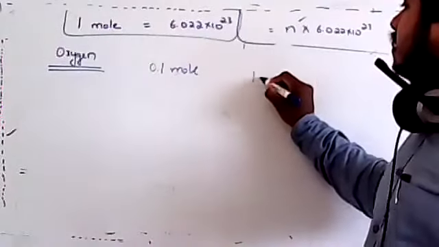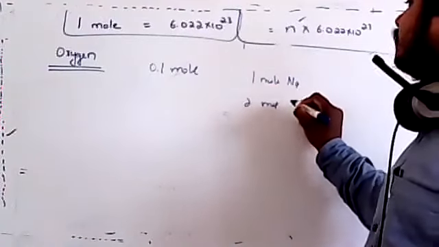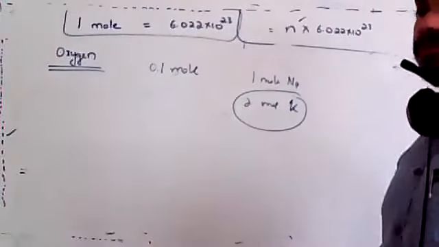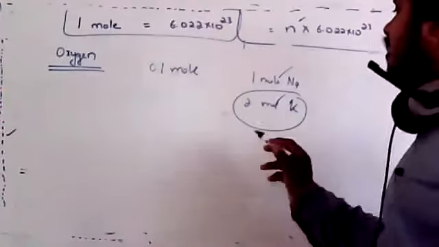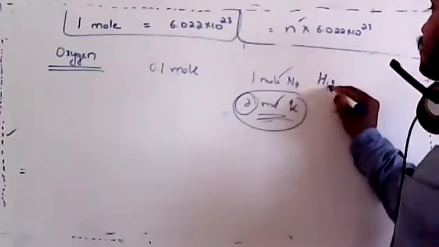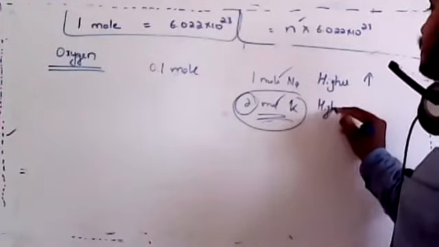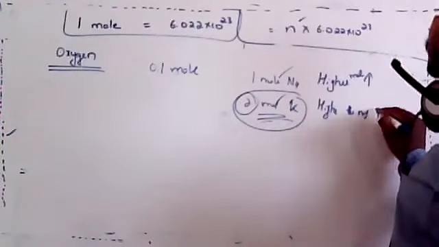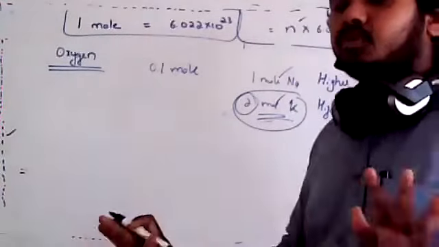If I tell you 1 mole of sodium and 2 moles of potassium, then the second should contain more atoms, because a mole is nothing but a constant number. So understand this: the higher the number of moles, the higher the number of atoms. Higher the mole value, higher the number of atoms, if it is only atoms. If it is a molecule, you have to separately write the total number of atoms.